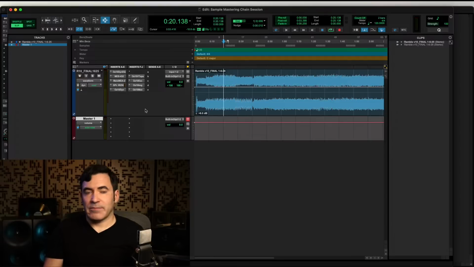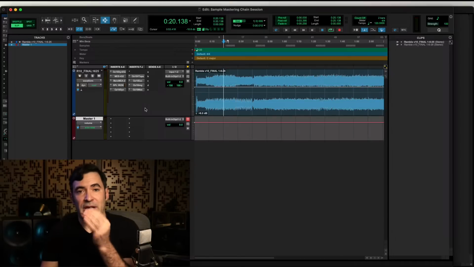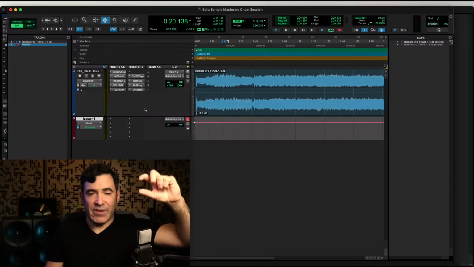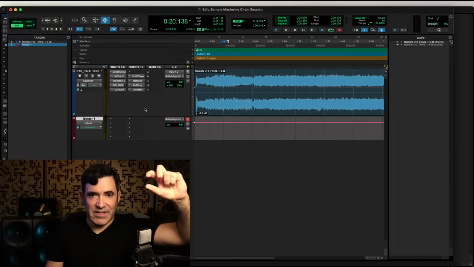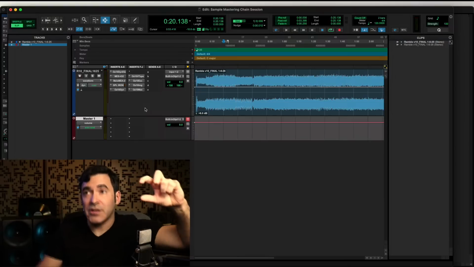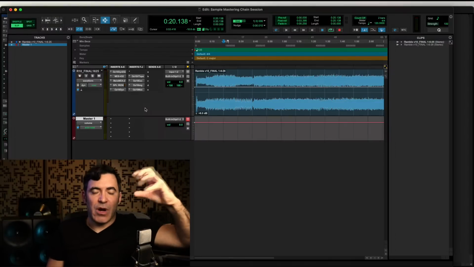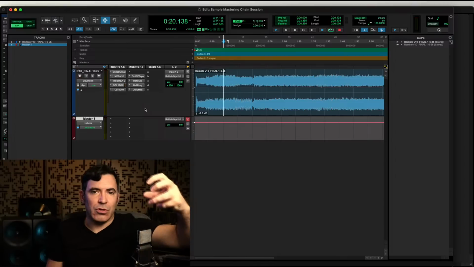What do my chains look like? They could look as simple as 2 plugins, but they often look something like this. Hopefully I'm not using a multiband tool because the mix doesn't need it. If it does need it, that's usually one of the first items in the chain, but I put it on last. After that, we're going to an EQ, which is probably the most powerful and important tool in mastering and